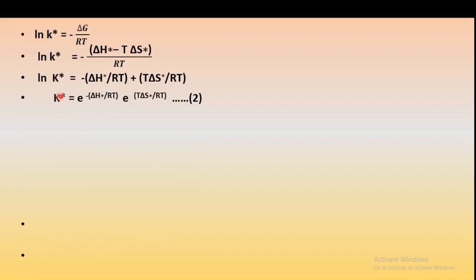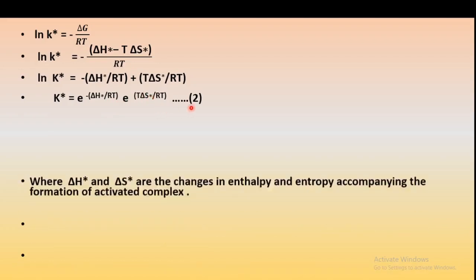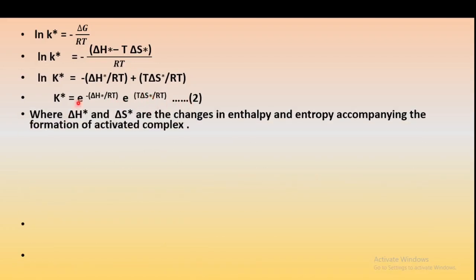So K star, that is the equilibrium constant, is equal to e raised to minus delta H star upon RT, and this plus sign, by the rules of logarithms, we can write in the form of multiplication. Therefore, K star is equal to e raised to minus delta H star upon RT into e raised to T delta S star upon RT. This is called equation 2,